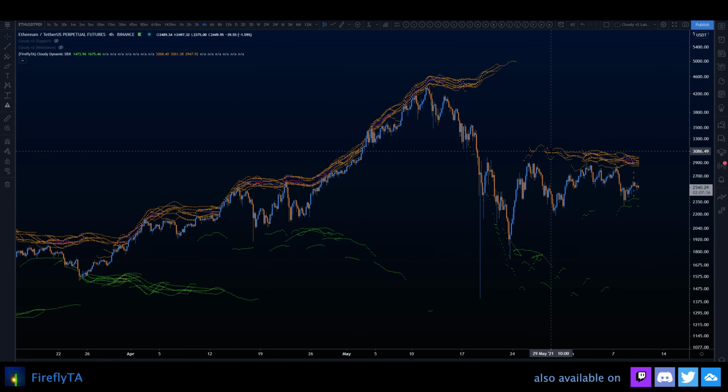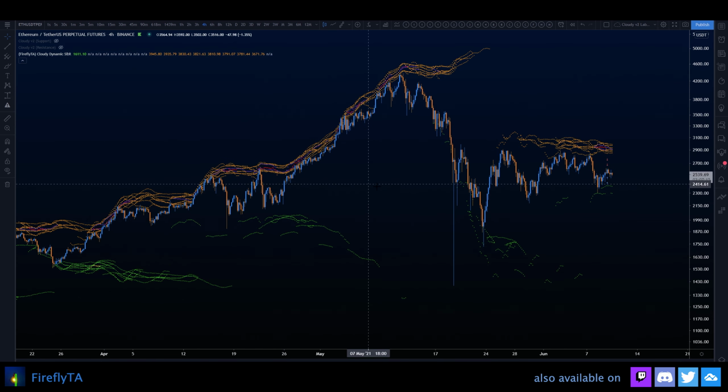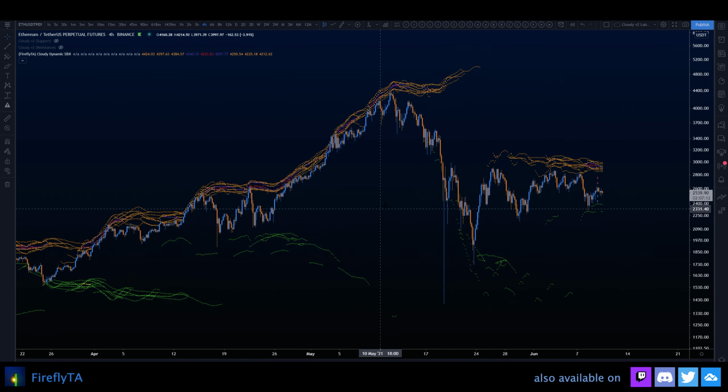On the other hand, it makes you learn more about the markets and how markets work. By watching Cloudy, you will understand price action in a different way, and you will start to understand why certain moves happen. Cloudy tells you a lot of things if you watch it, and it becomes really, really interesting after a while, watching different time frames with Cloudy and what happens there and why